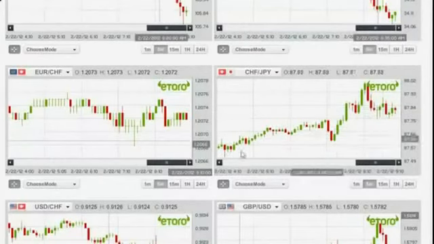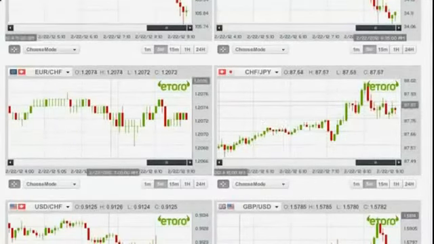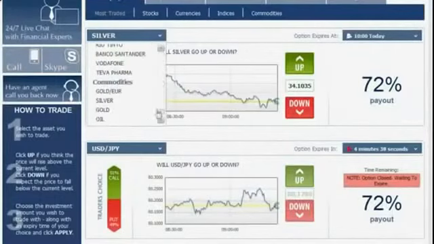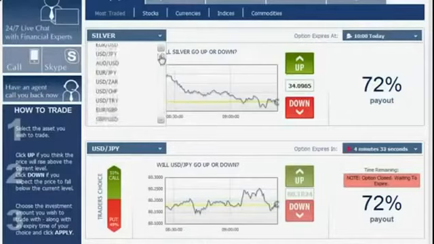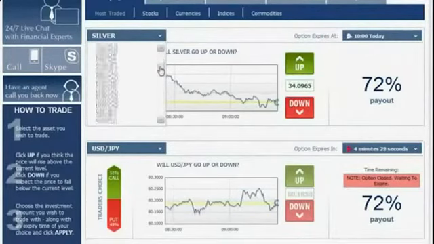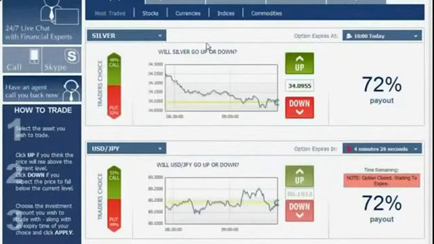yen. It's a very beautiful clear trend line starting from this point going all the way up here. So it's a positive upwards going trend. We go back to the platform and look for the CHF versus the Japanese yen under the currencies, and if I'm not mistaken, I believe we do not have that currency in this platform. So apparently I don't have the option to trade on this platform, but it's okay since I don't have that